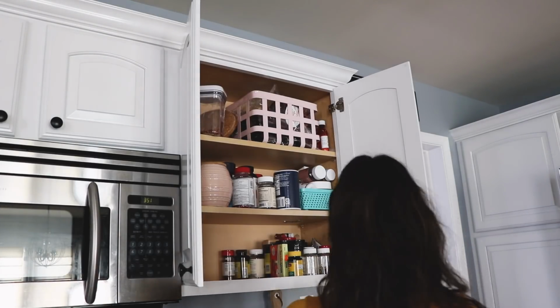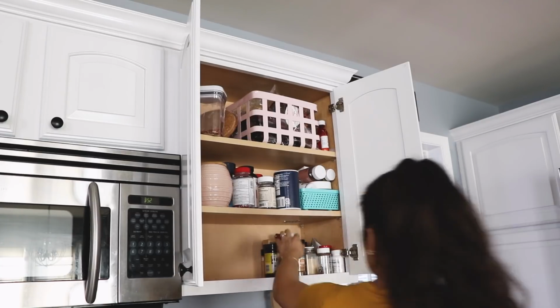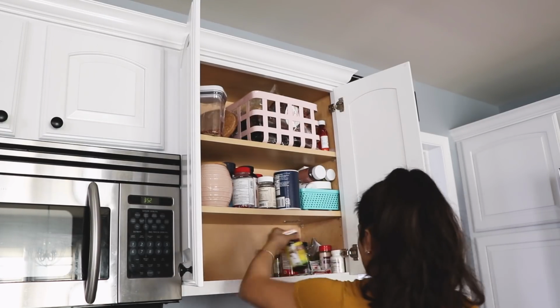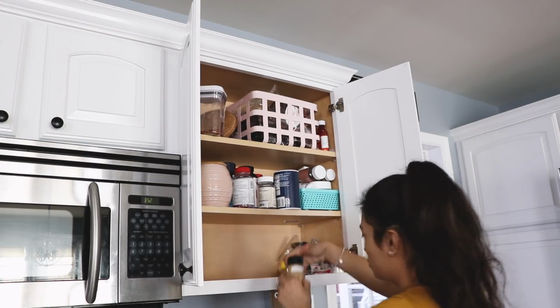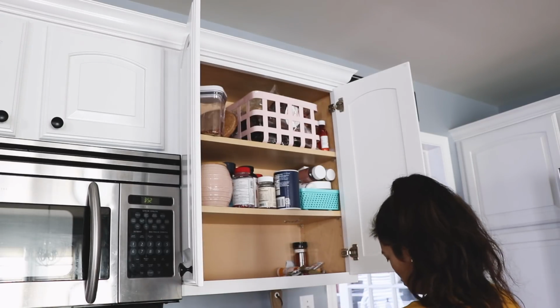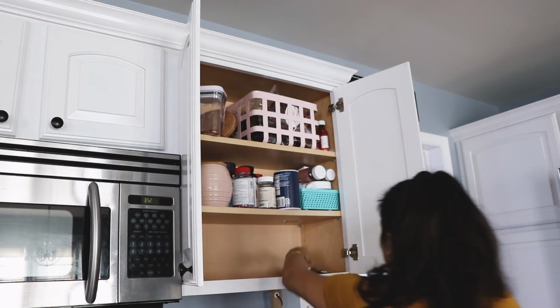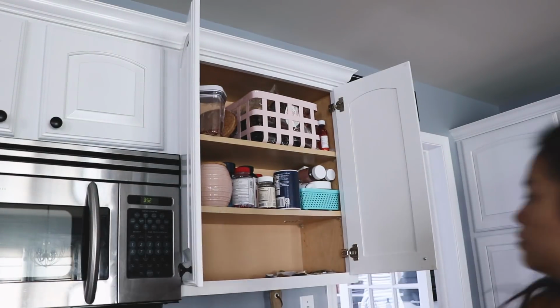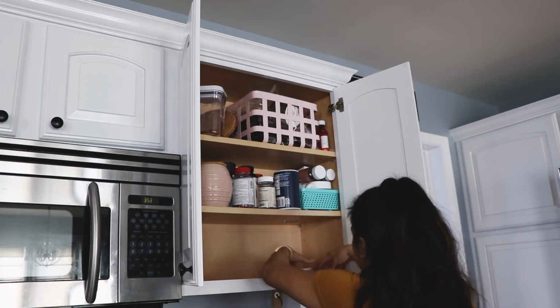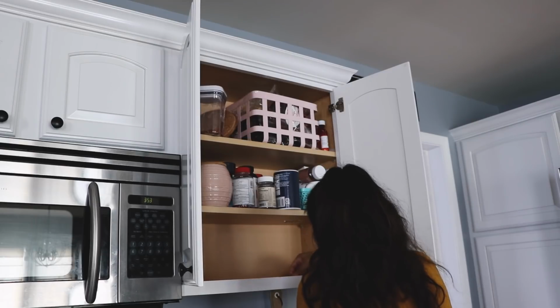And I saved this for last because I knew that I wanted to get a spice rack and get it really nicely organized, because I have a bunch of different spices that I don't even know what I have and I buy duplicates of. And some spices are not that cheap to buy, so I was like, you know what, I just need to go through everything, including our medicine cabinet and our pantry. So you will see me declutter all of that, and just beware, it is really embarrassing,